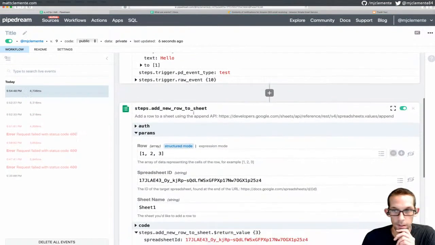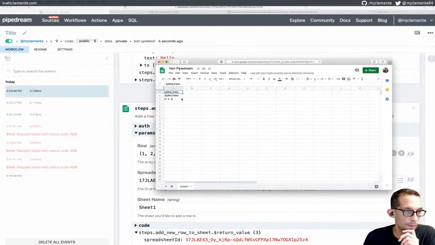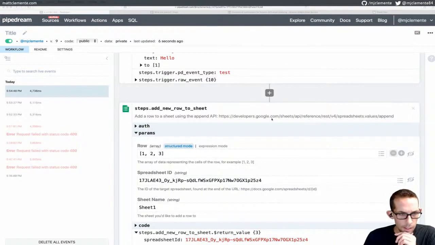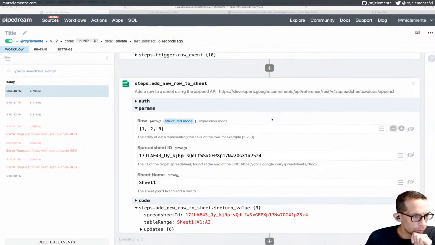At least we're connected. No, okay, so not particularly helpful. They all ended up in the same cell. Interesting. An array of data represent. So I would have thought,